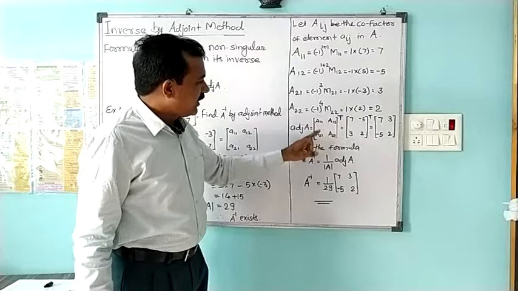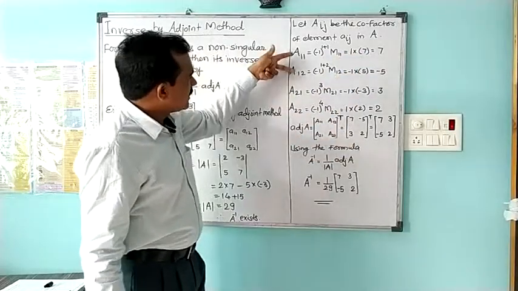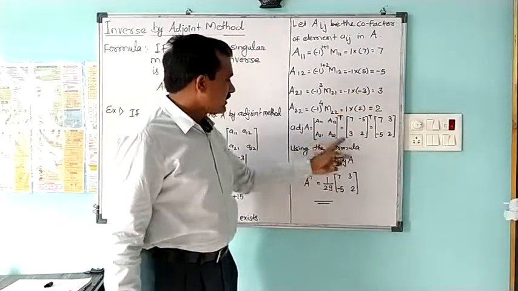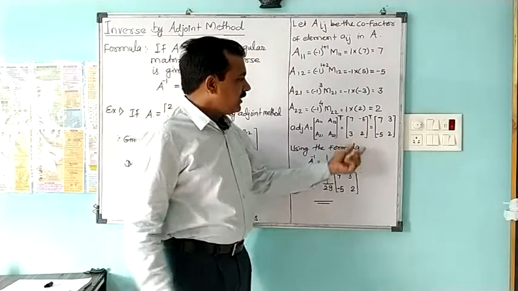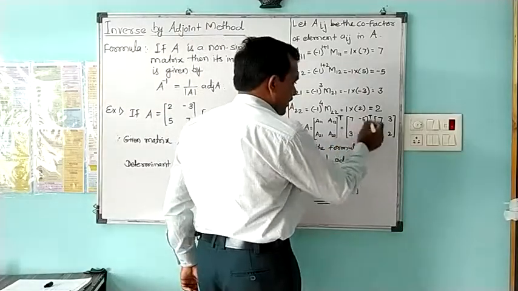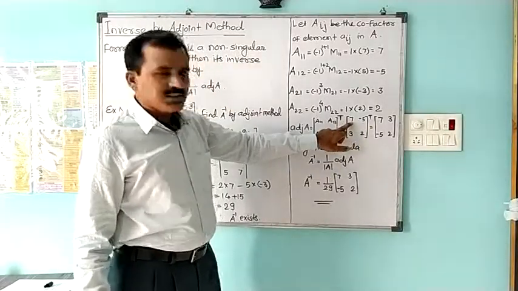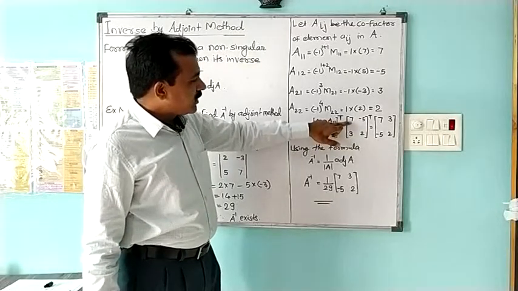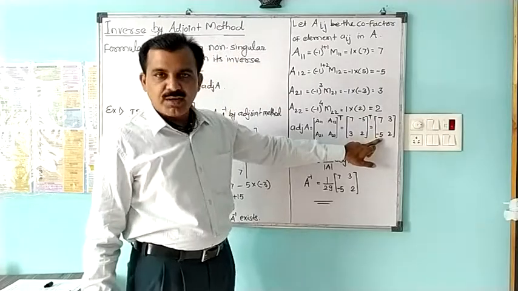If I use their actual values in their position, so 5, minus 7, these are the elements of the first row, and 3, 2, these are the values of A21 and A22 in the second row. Now if I take the transpose of this matrix, this is the operation on the rows. We have to convert the first row into the first column in the coming matrix.